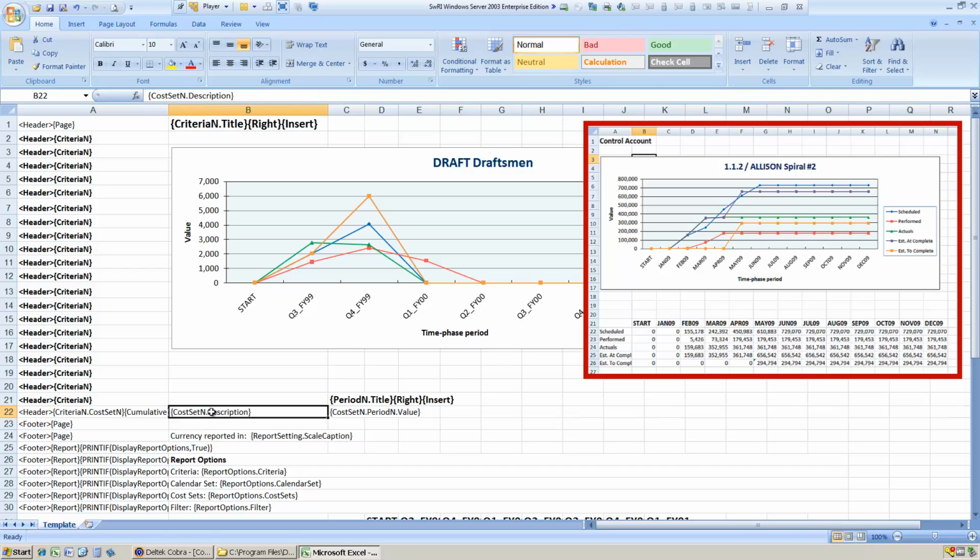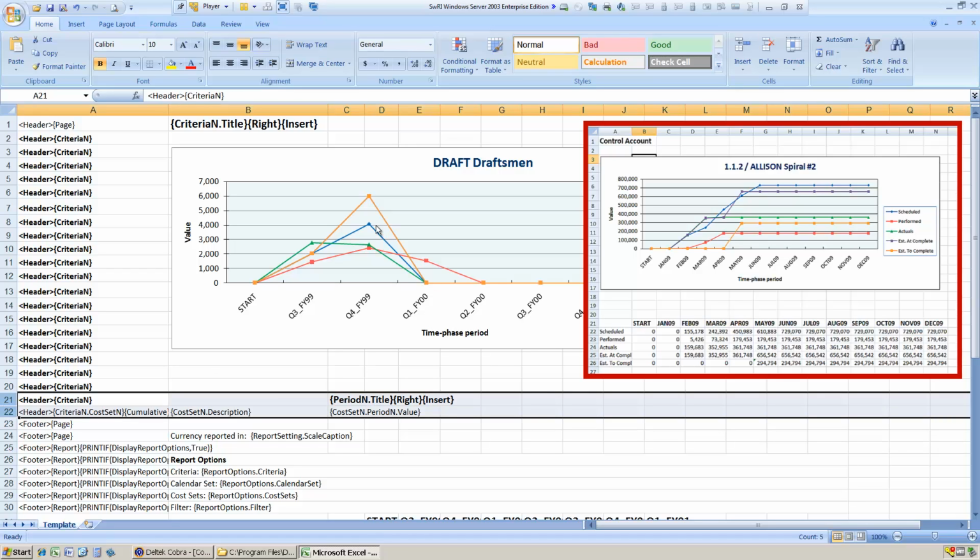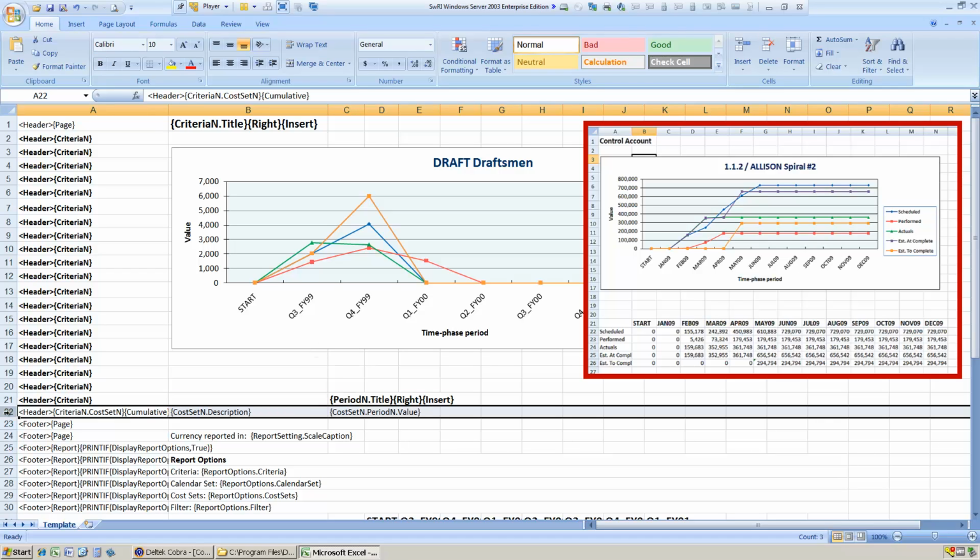So we get a cost set description, so budget, actuals, earned, and then in the table itself, we get the value for each period for each cost set. So this is what basically builds up our table of values on which the curves are based. The thing to notice is that each one of the cost sets, whether it's a budget or an actual or the others, is handled in the same way. It doesn't differentiate between them. So they all just place all the values for each month